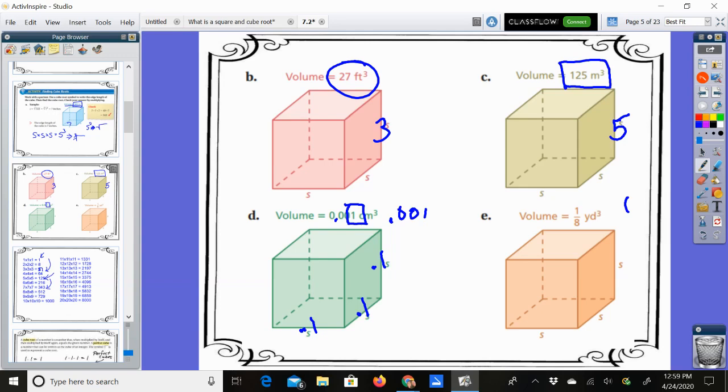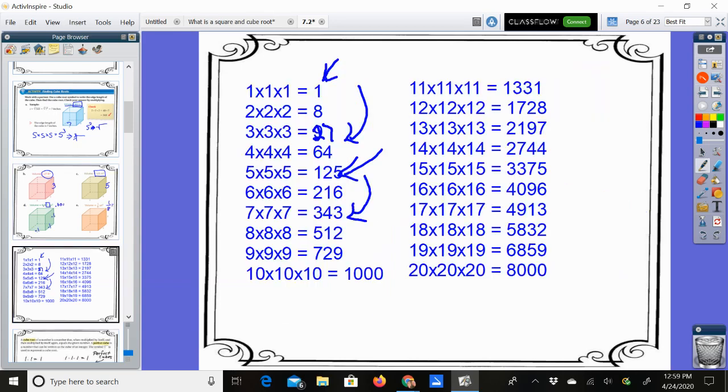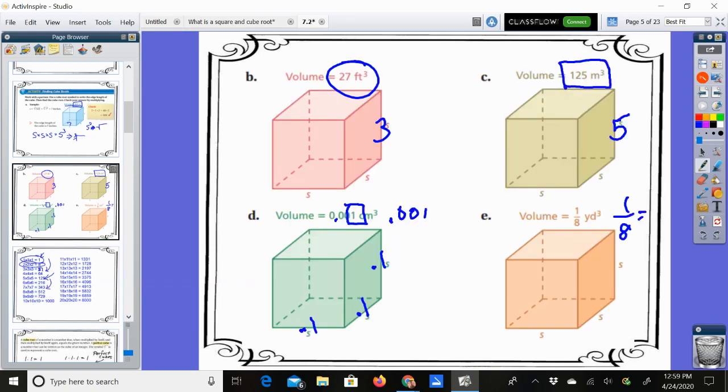1/8, when we have a fraction, we do the cube root of the top number and the cube root of the bottom number separately. So the cube root of 1, of course, is 1, and the cube root of 8 is 2. So our answer to that one would be that the length of the side is 1/2. So that's just a little introduction to where the square and the cube root comes from. Hopefully it helps give you